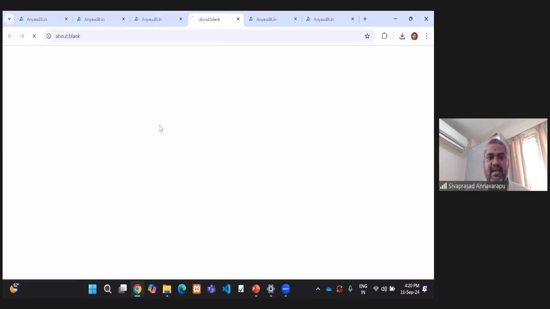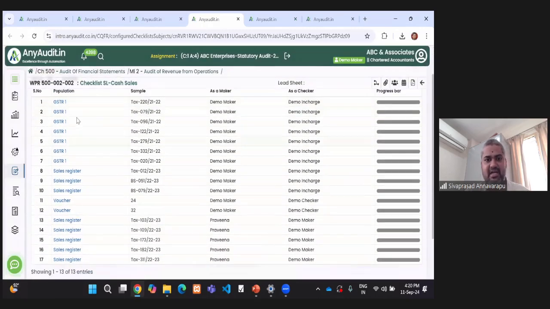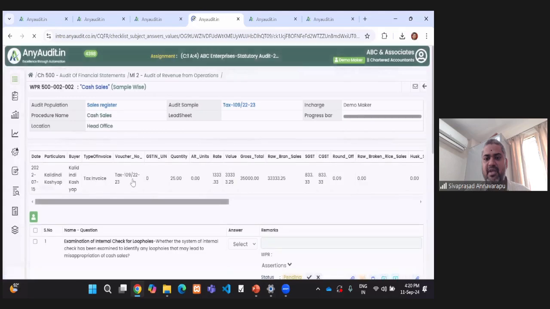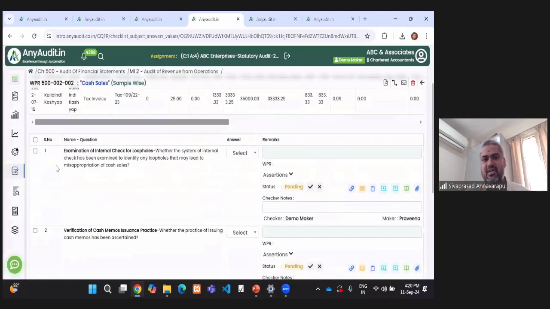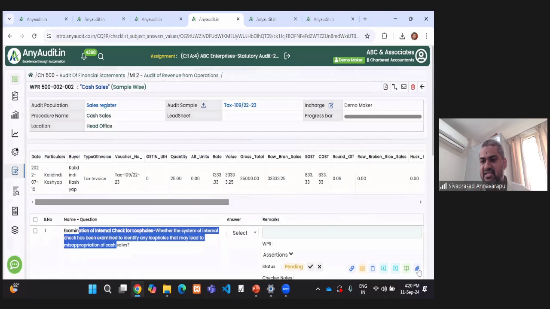So let us take one of the examples of verification of cash sales. This is a sample that I have selected by using the data analytics module inbuilt into the system. I have selected some 17 samples over here. And if I click on any one of the samples, the user will be able to perform the audit here itself. So for each of the questions, the user can make an answer, can attach the audit evidences here itself,